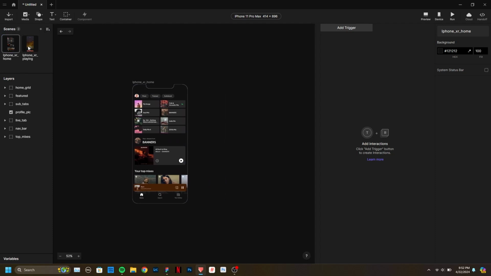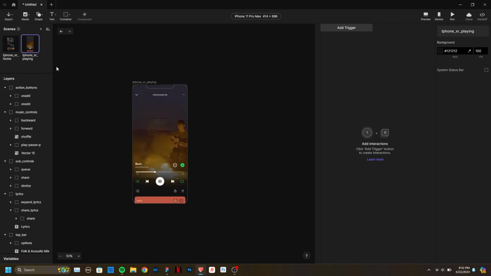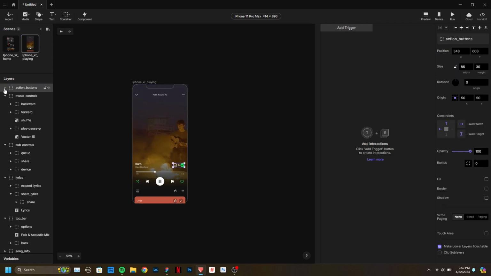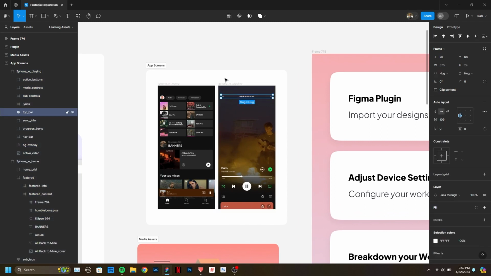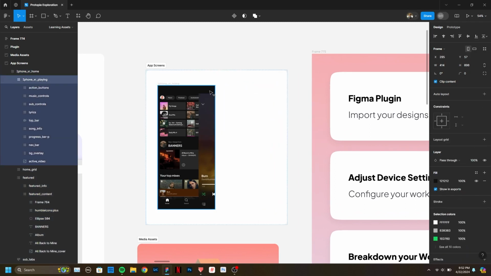My goal is that I'm gonna take this player, and when I select this button, it's gonna move up and we're gonna be able to see it, and we're gonna be able to play and pause and do all the functionalities I just showed. But currently, it's over here. So we could have, on our Figma, we could have taken our screen and put it inside the same screen,